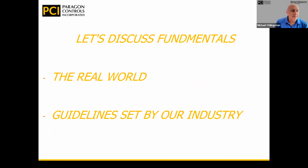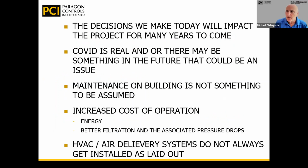Let's talk about some of the fundamentals of airflow measurement. And I want to start off with basically not just airflow measurement, but the business in general. Whatever we do these days, whether it's a new building or a retrofit, a lot of times people look at it and say, well, we're just going to do this. But the decisions that we make on a project are going to have impact to that building for a lot of years. So doing an inexpensive fix or a Band-Aid situation really doesn't work, because